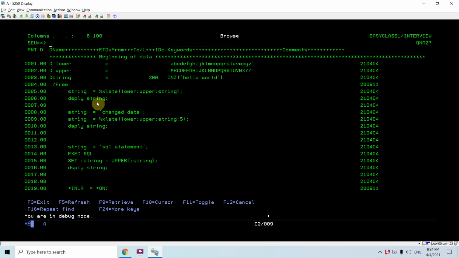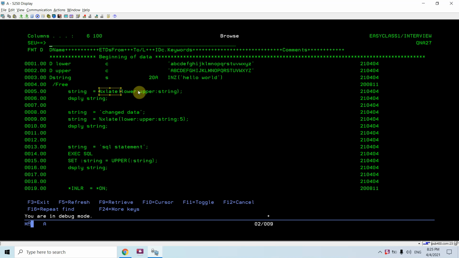We have the %XLATE function in RPG which we can use to translate values from one case to the other. We can translate either from lower to upper or upper to lower.